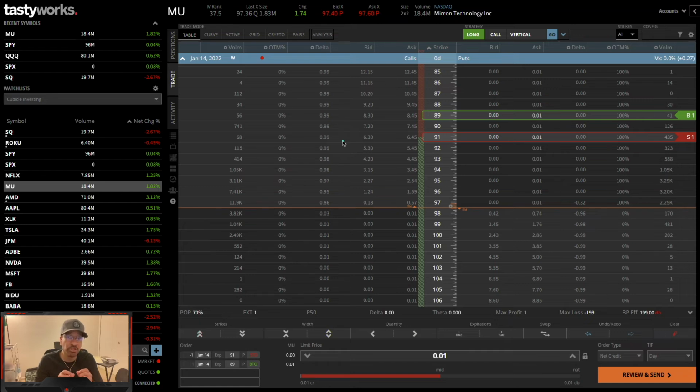But I sold 10 contracts on this spread, and on the platform you can sell as many contracts as your account balance allows. Here you see the word quantity, right? If I click to the right, you'll see the order value increase. So I sold 10 contracts of this put credit spread on MU, and I took in a credit of $290.